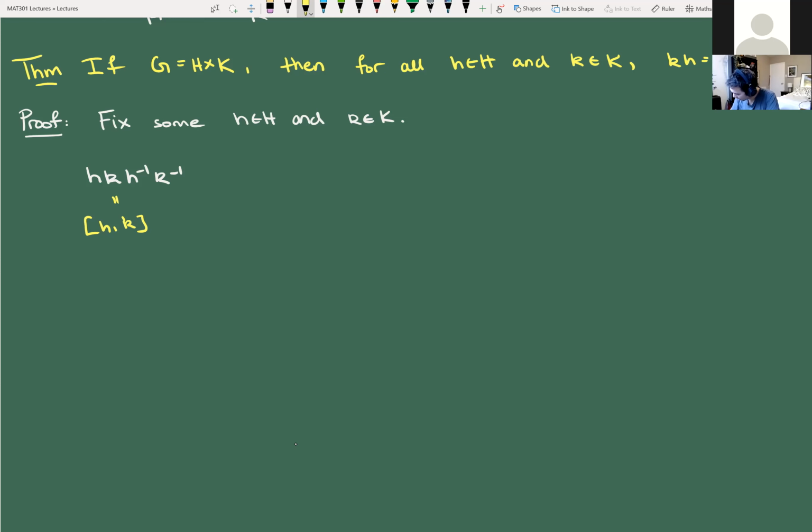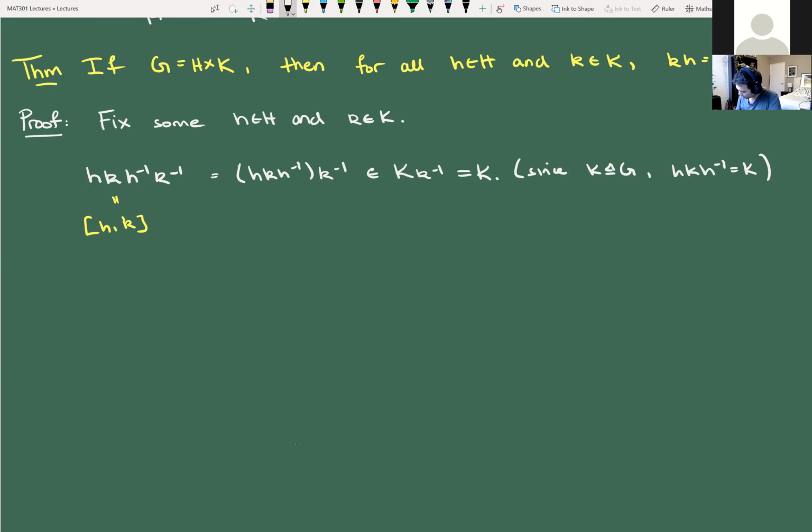So what I want to say is, just using associativity, if we do this as HK inverse K inverse, by normality, this thing is in K inverse, right? Since K is normal in G, HKH inverse is equal to K. So that's what I'm using. But K inverse, big K times K inverse, is just equal to K,